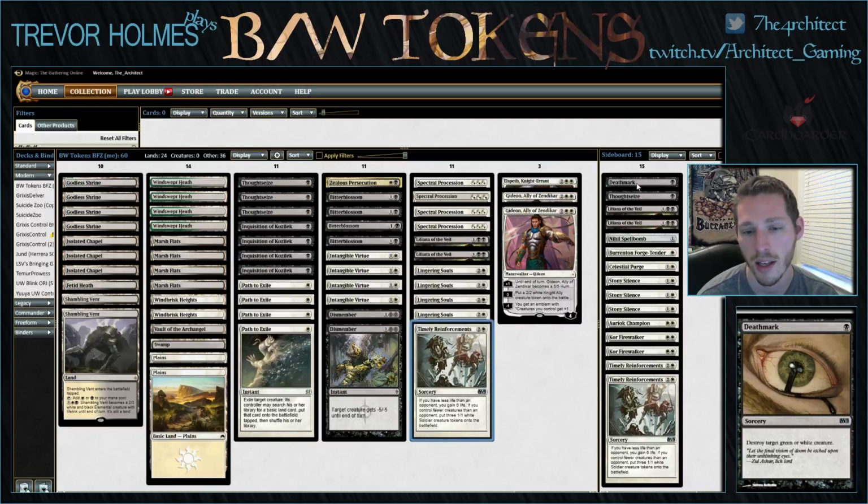It's cheap. I don't think we need something that's, I guess, a broader answer like a Doomblade or something like that. Because we already have 4 Path to Exile and 2 Dismember in the main deck that can handle Deceiver Exarchs or Gurmag Anglers or things like that. So I like Deathmark as a cheap option that doesn't really cost us much of anything, and good for those